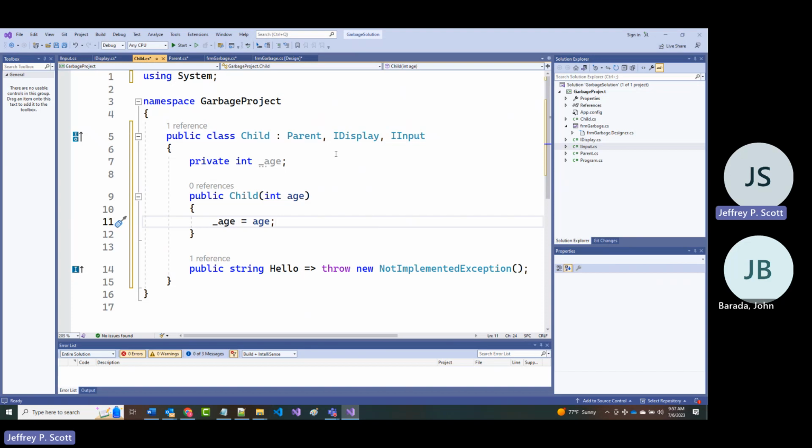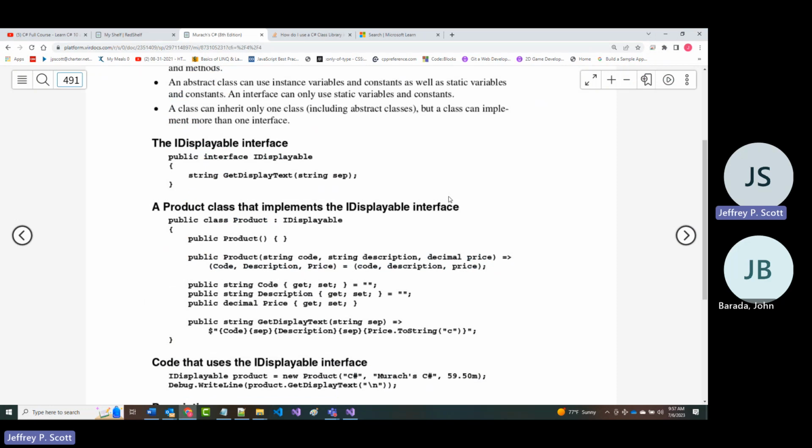I'm just showing you here only one class I can inherit from, but multiple interfaces I can bring into the program. It's not really inheritance. So again, using an interface is kind of like a contract.